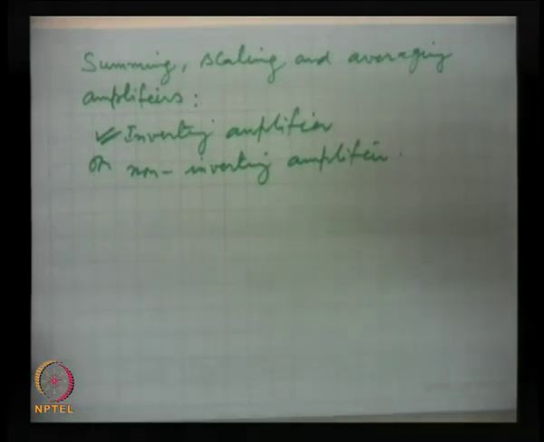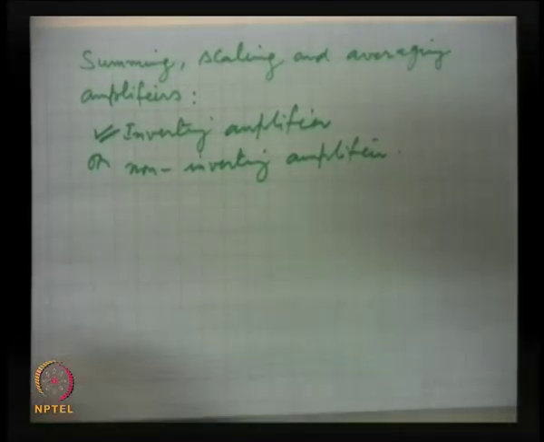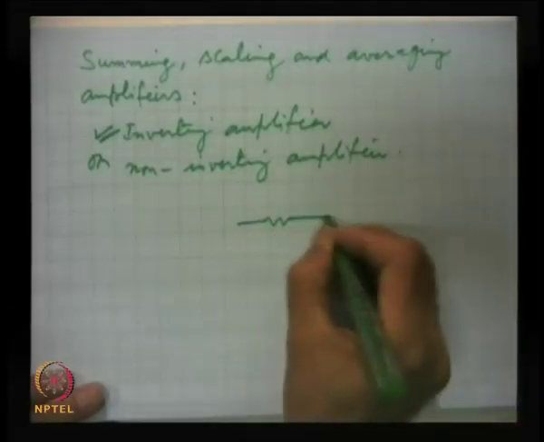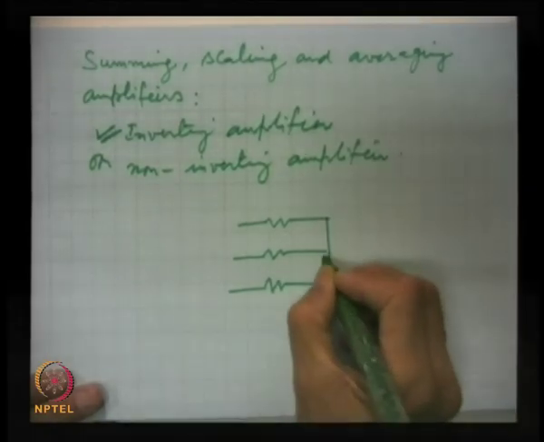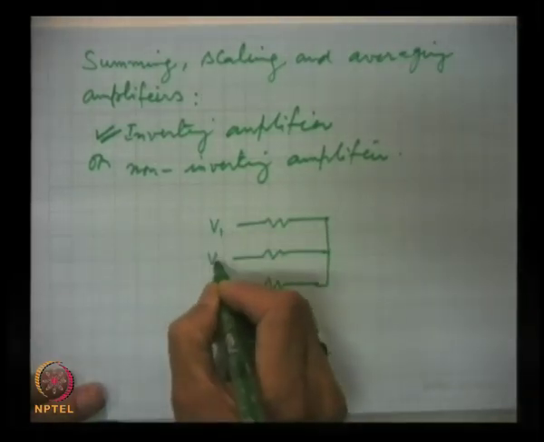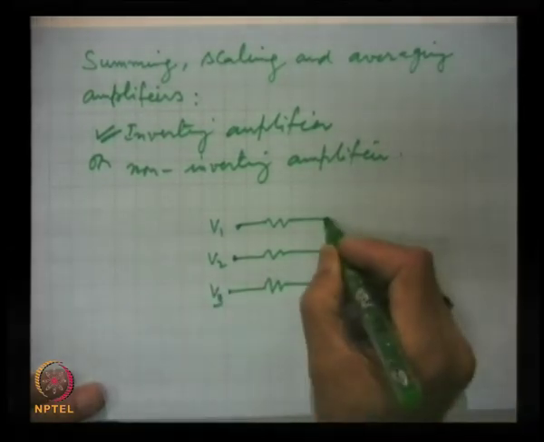So, let us take first a summing amplifier using an inverting amplifier. What is the basic circuit? There will be more than one input, 2, 3, 4, 5, 6, any number. So, for simplicity we take 3 inputs. This is V1, V2, V3